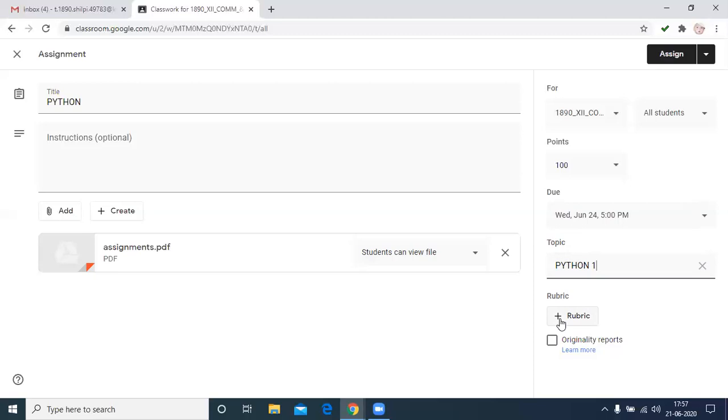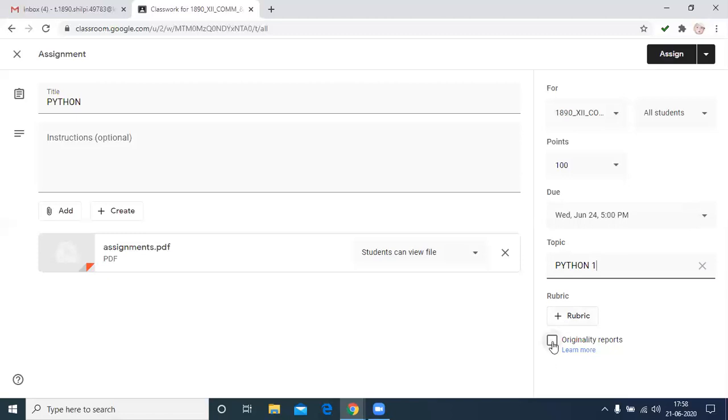For example, if an assignment is related to programming, we can divide the 100 marks into 5 parts, such as logic and reasoning. In a language, we can also divide the 100 marks depending on grammar and vocabulary. Then we use this option.